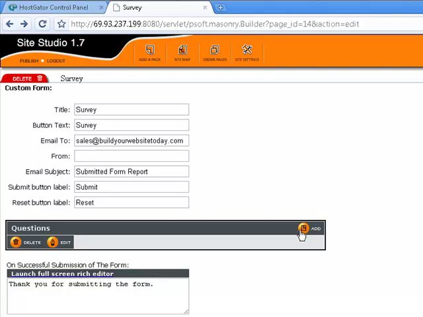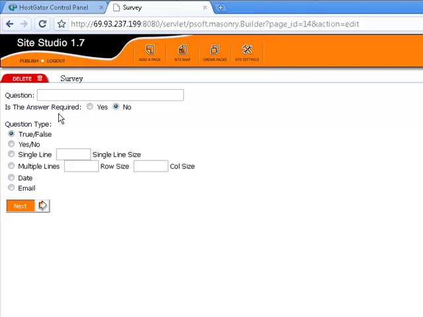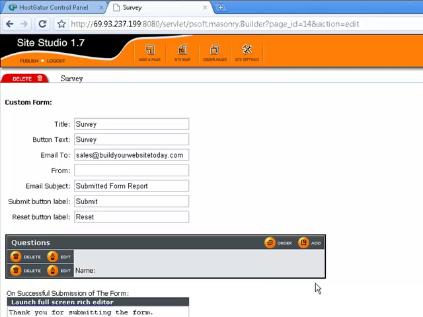And then what you'll do is, for questions, you'll hit add. And let's say you want to know their name. And then, is this question required, which means if they fill out the form they have to have this filled out, otherwise it won't send to you. Hit yes, and then it's not a true and false question, but it's probably a single line question. You can pick multiple lines, which will give them a bigger box to type in. If it's a true false question, you can have true false where they can just pick which one, or yes no. I'll show you those in a minute. And then you can have date or email also. So name,